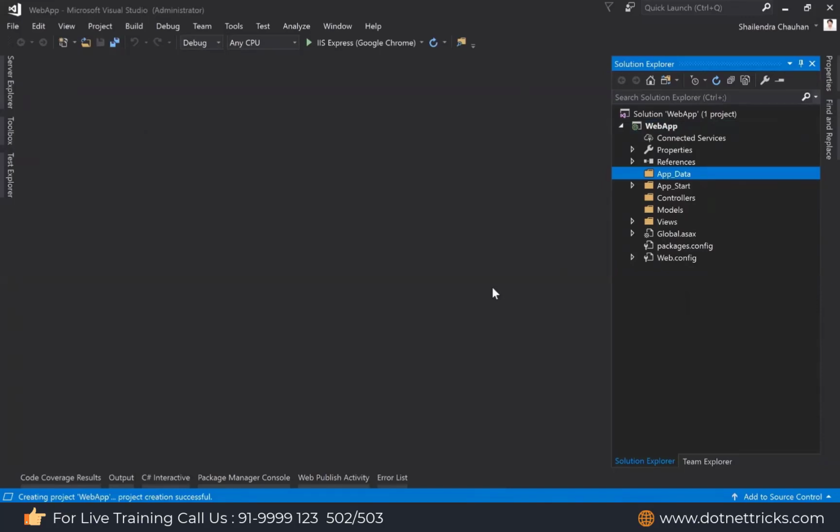This folder you can use for putting your database file at the project level. Generally, in a real application, we never use app_data because we have a separate server for managing the database. But if you are developing a POC, in that case you can use app_data.